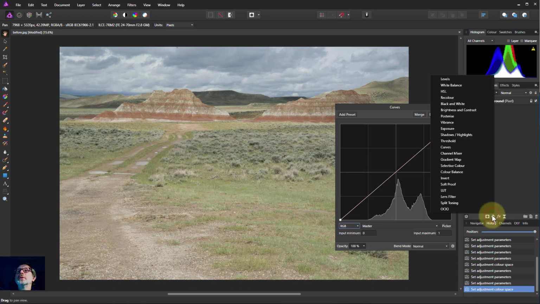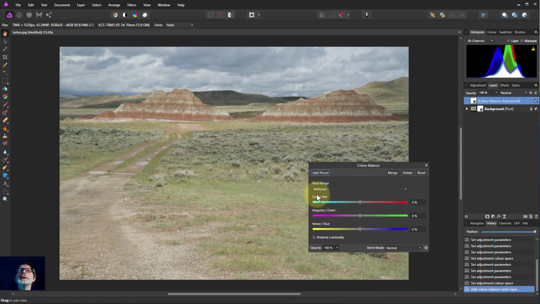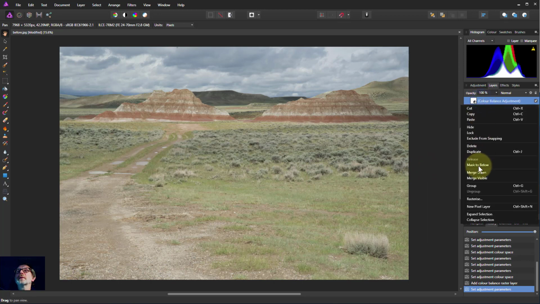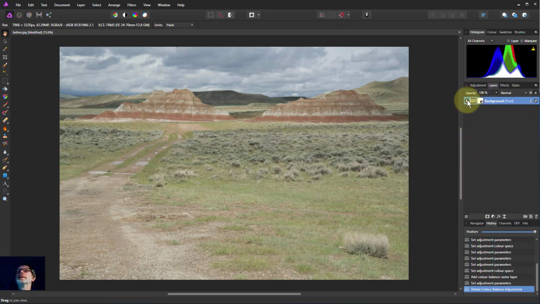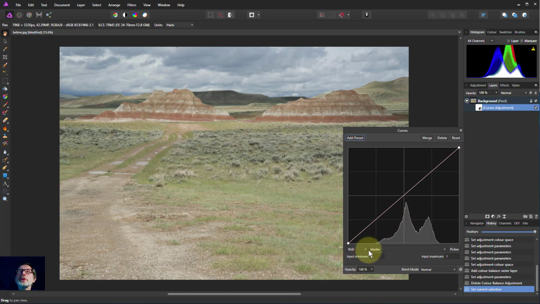Let's have a look at that one, which is here, color balance. What color balance lets you do is, from the midtones, the highlights or the shadows here, stick with the midtones, you can go more cyan, more red, and similarly with magenta and green and yellow and blue. So if we do that here, let's get rid of that. Delete that layer, go to the curves again, bring that one up, here we go, and if we then with RGB at the master go down to red,